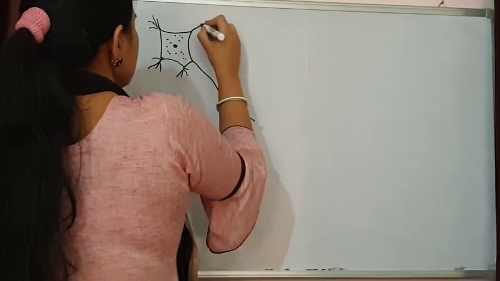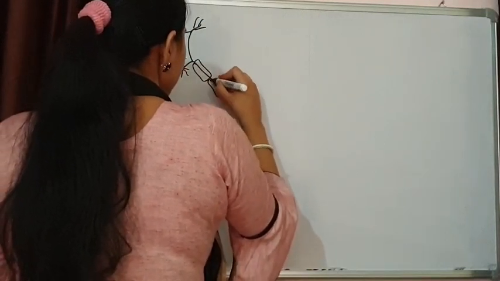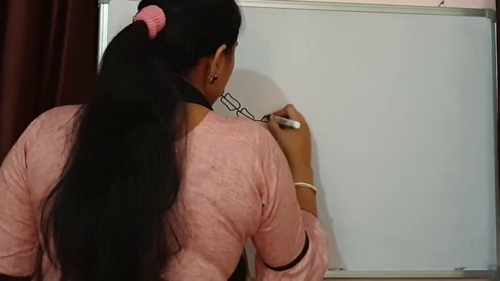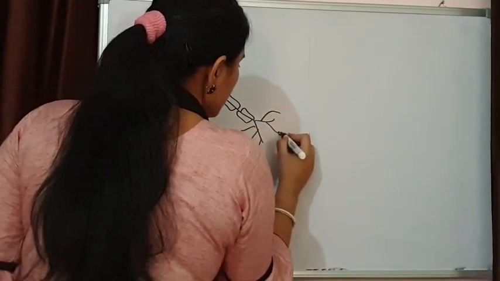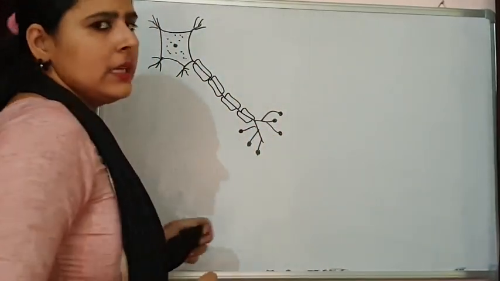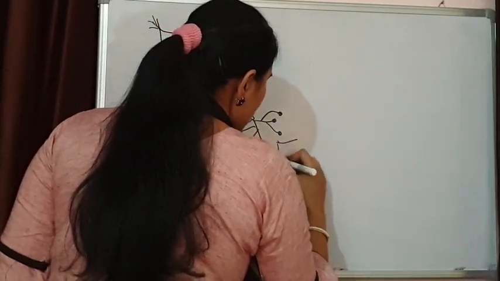This is the nerve cell, the longest cell in our body. This is the axon region. Myelin sheath is present over the axon, and this is the axonal terminal, which is basically branched, and knobs, or you can say axonal knobs, are present at the terminal. This is how a neuron looks. Now the next neuron is going to start from this region,